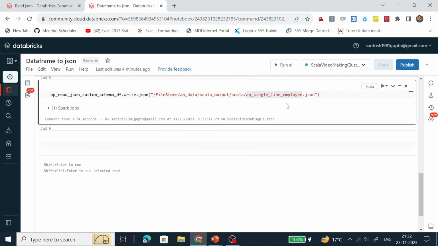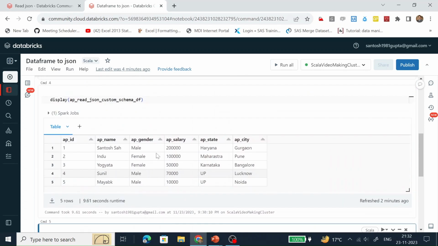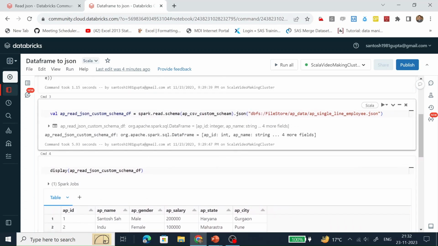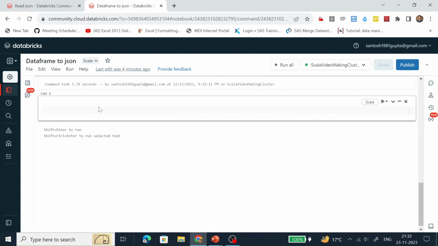So let's read this JSON document and see whether the data which is present in this document is the same data which is present in this data frame. How are we going to read? We are going to read with the help of this code which we have written.